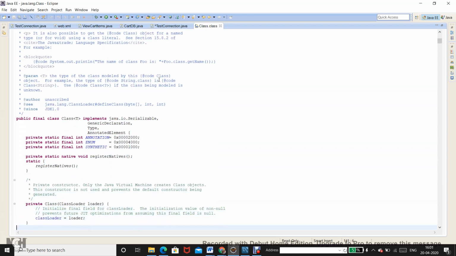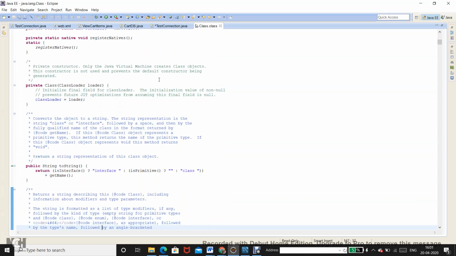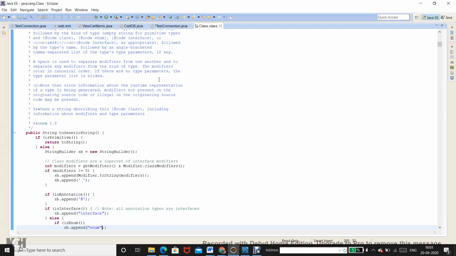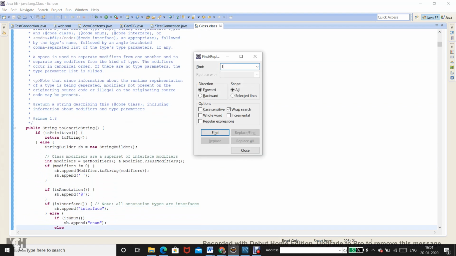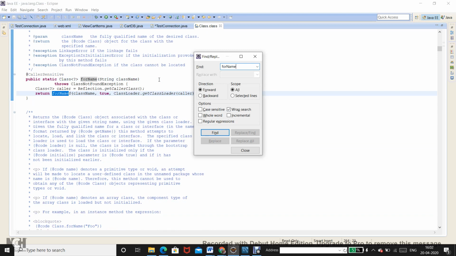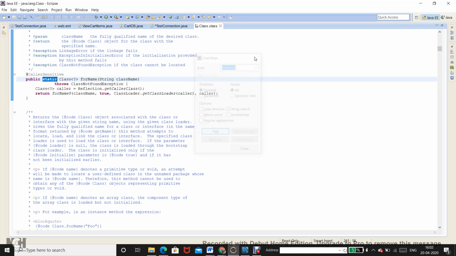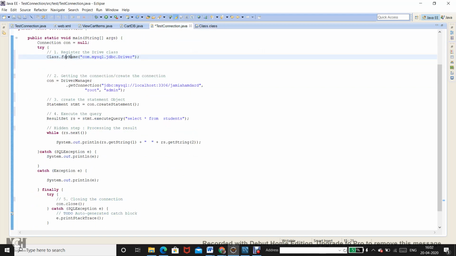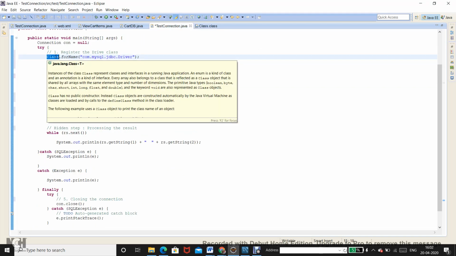Then you can search for the forName method with Control F. This is the documentation for forName, and you can see this forName method is over here, and it's a static method. Because this is a static method, you can easily call this method on the class with the capital C. Any doubt so far?